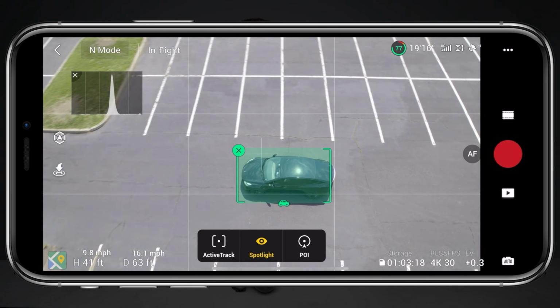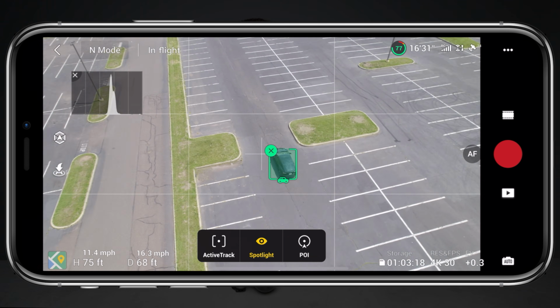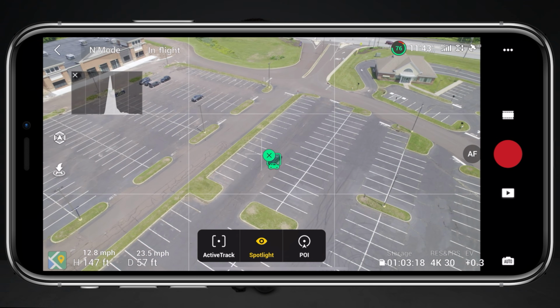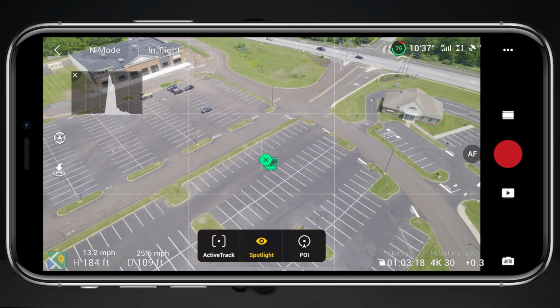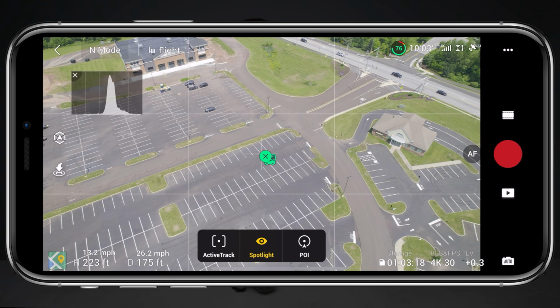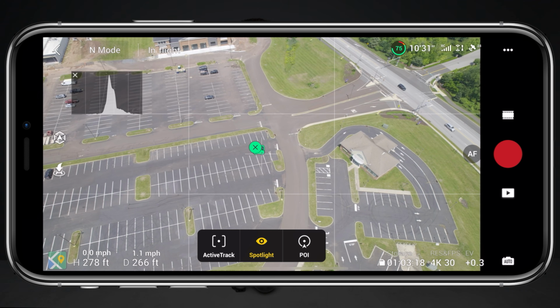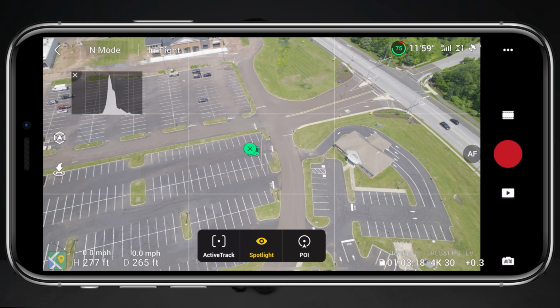Now, before we move on, I quickly want to share this clip with you of my drone hovering at around 275 feet in the air, and I just want to point out how accurate it is at tracking my car, in this case, moving up and down through the parking lot. Even from this distance and this height, it's able to perfectly track my car up and back through this Spotlight